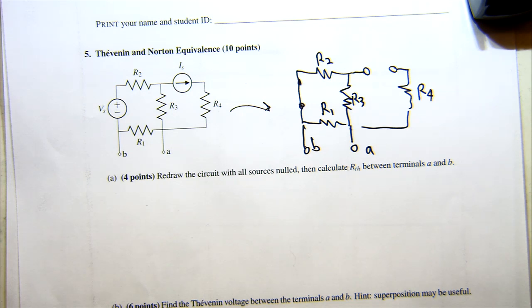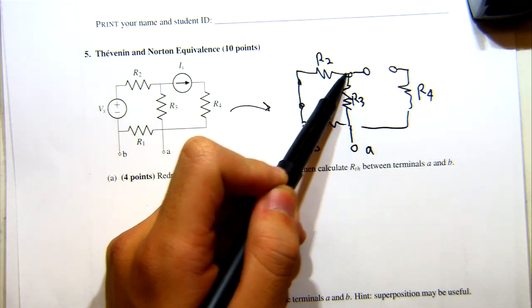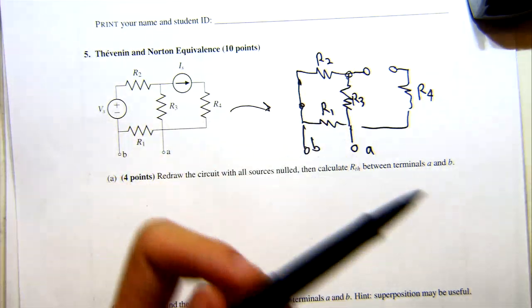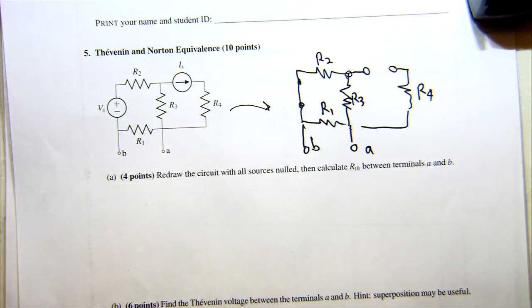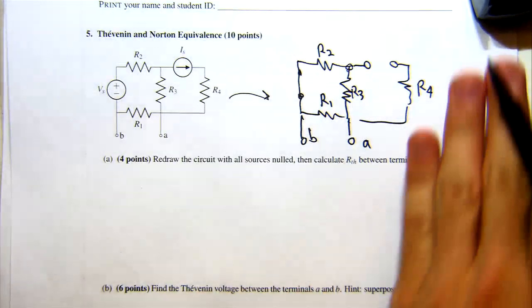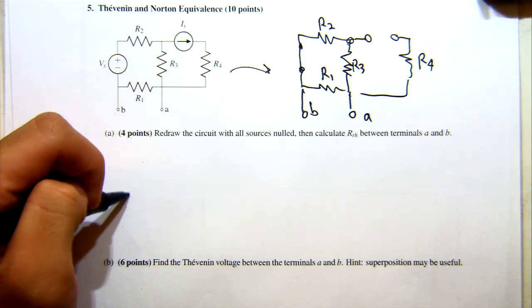So I heard someone say R2, and I didn't hear the second resistor. R3? Series or parallel? Okay. So those two are in series because if you look, they share a common node right here. And you'll see that there's nothing else connected to it because there's an open. And so we can combine these. So that's the first step that we can take for redrawing the circuit and finding the equivalent resistance.